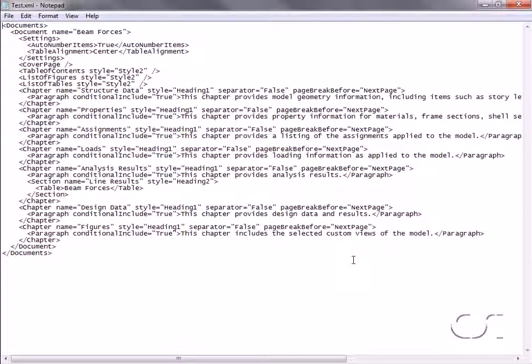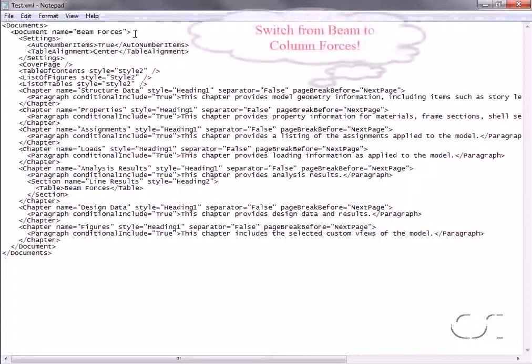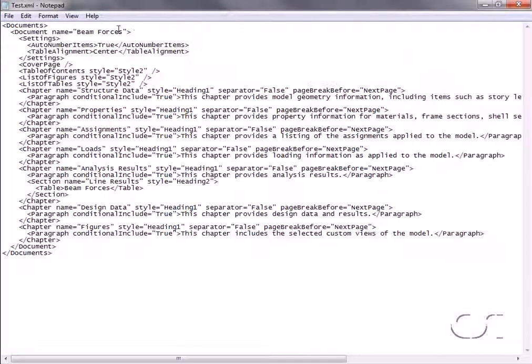This is the XML file we just saved. It creates a report for beam forces. However, we are going to edit this XML file so that it will once again generate a report for column forces rather than beam forces. To do this, we will change the document name to column forces and then alter the table to give us column forces. We save this XML file